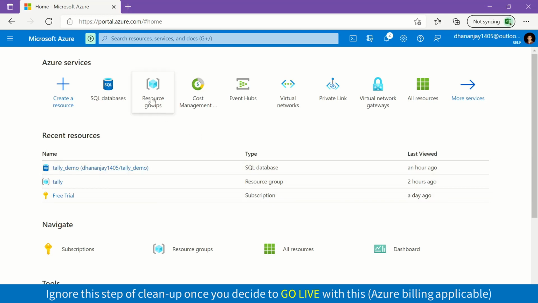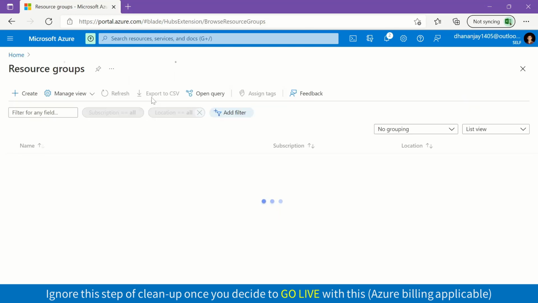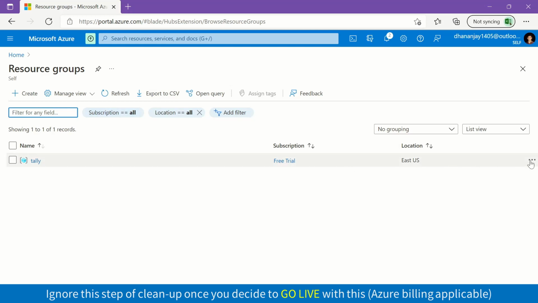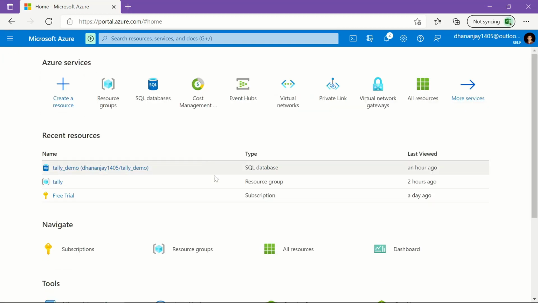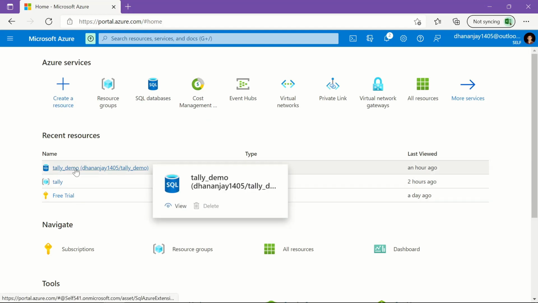Okay, so I will go to resource groups and I will delete this resource group. Now I think this resource group cannot be deleted unless all the services under it are deleted. So I'll have to manually go to all those services and delete them. So first let us drop our database.